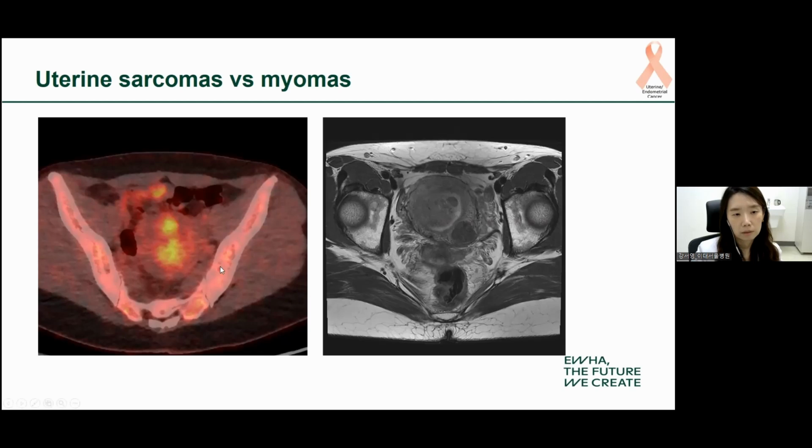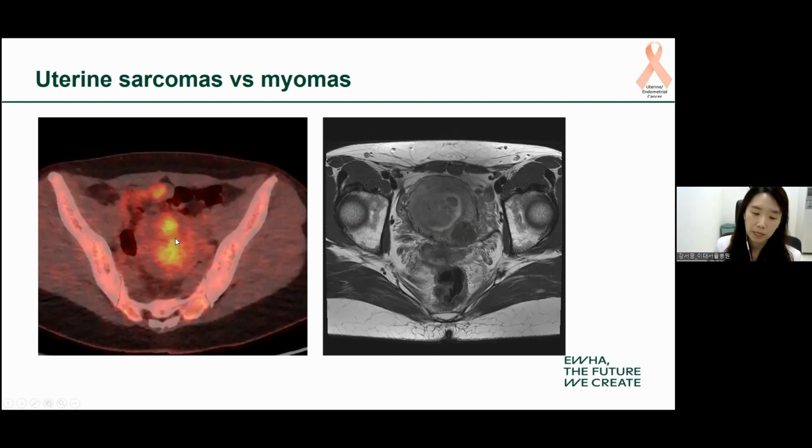So it is a little bit confusing to use SUVmax to differentiate leiomyomas from uterine sarcomas because the cutoff value is a little bit high. But actually, the MRI findings suggested a high probability of leiomyoma. We can conclude it is probably